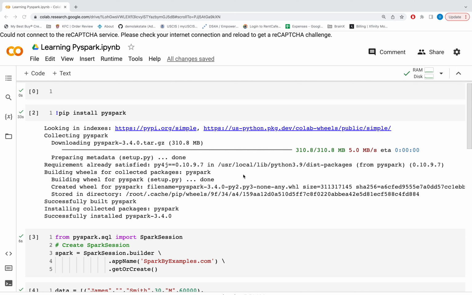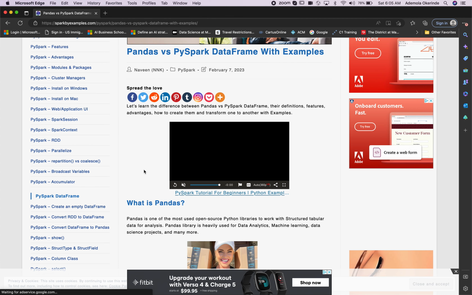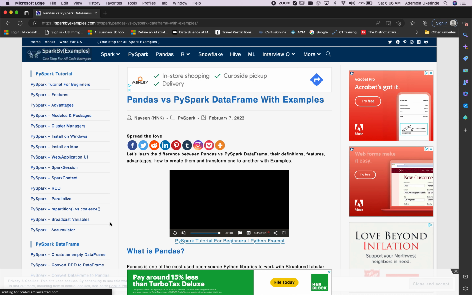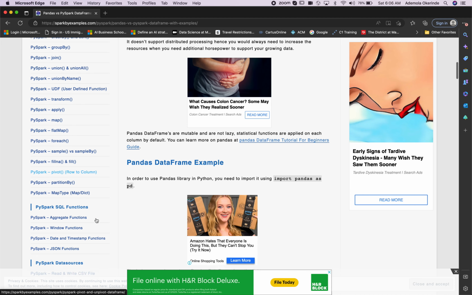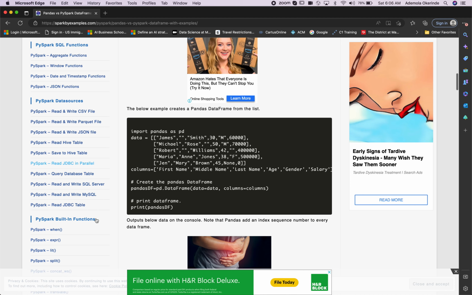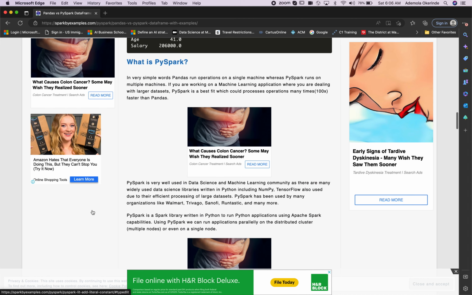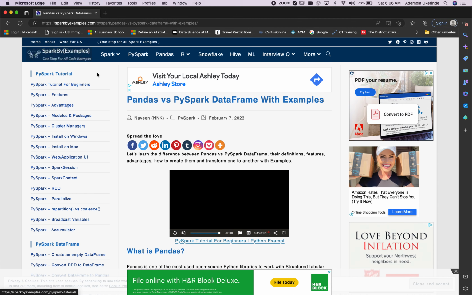So I'm starting a new series where we'll be exploring the Pyspark library, and we'll be using this resource, which I highly recommend, Spark by Examples, as a guide, and from there we'll pick up. So we'll look at some of the libraries and how we can use them to be able to do useful tasks. Look at some of the built-in functions, and if you want to learn more why Pyspark and not pandas,